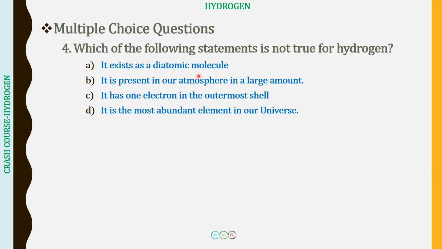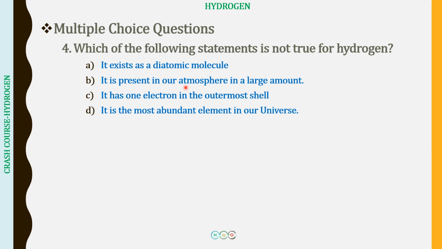So as far as the first choice is concerned, hydrogen exists as H2, dihydrogen, which is a diatomic molecule. Diatomic means that it is going to have two atoms in the molecule. So when there are two atoms in the molecule of hydrogen, it is going to be H2. So what we see is that on the Earth's surface, we have hydrogen existing as H2. Right? So this is existing as a diatomic molecule. So this is correct.